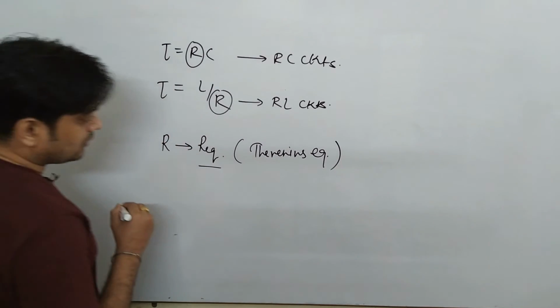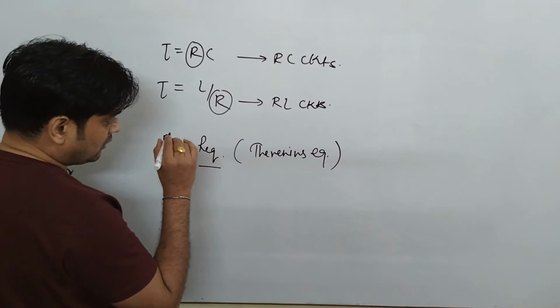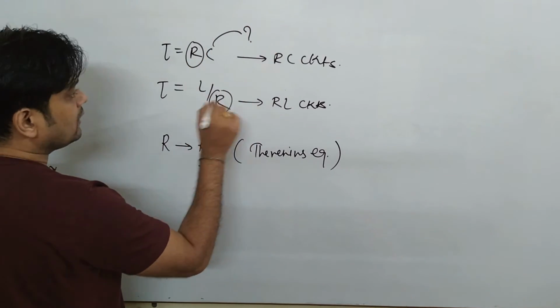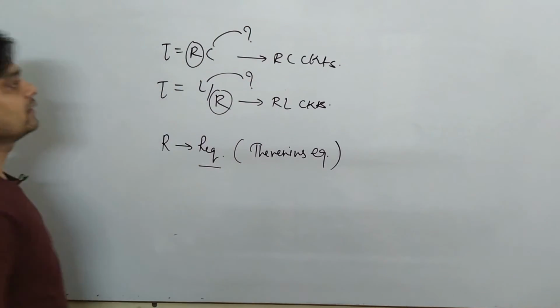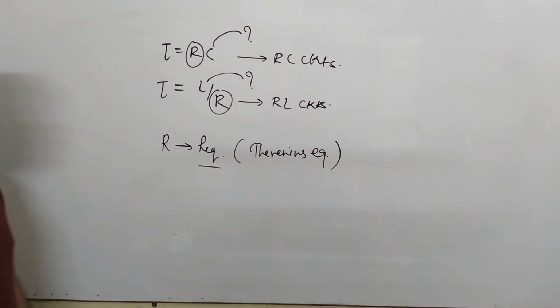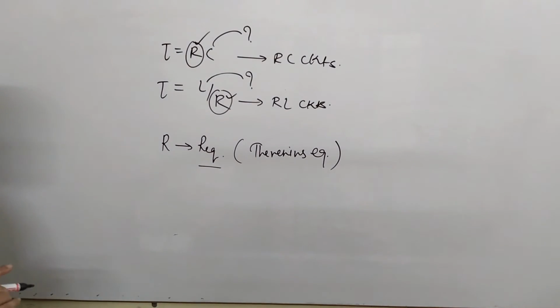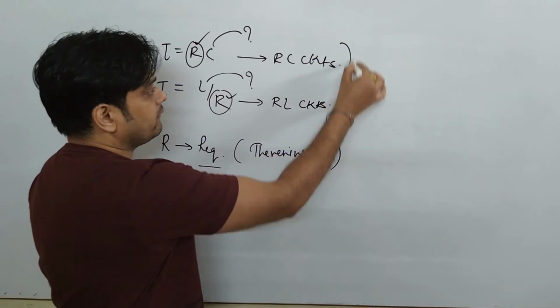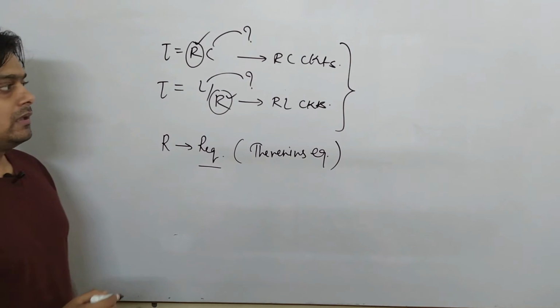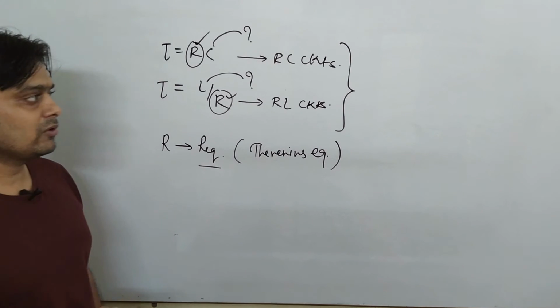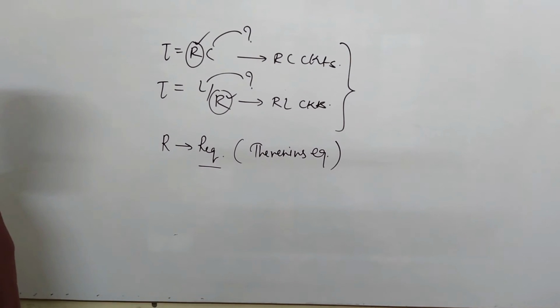Okay. And you always find this value R equivalent for RC circuit across the capacitor, for RL circuit across the inductor. And once you know the value of this R equivalent, you can easily find the time constant, because finding out the time constant is one of the very important things. You will see in a few of the examinations they will simply ask you to find the time constant of a circuit in so and so condition. Basically they will ask you to find the R equivalent, and then finally you have to find the time constant.